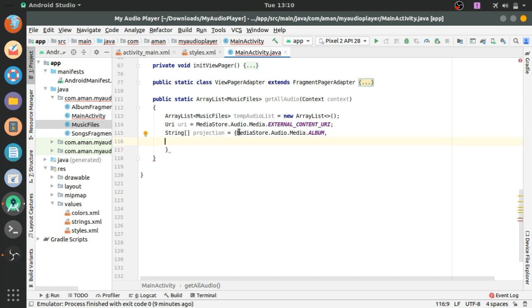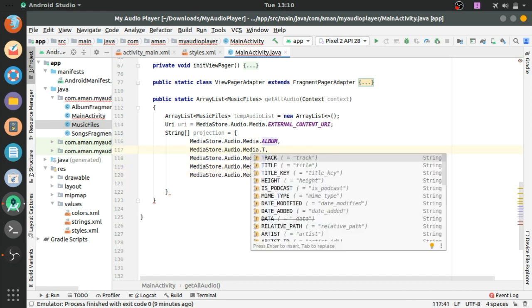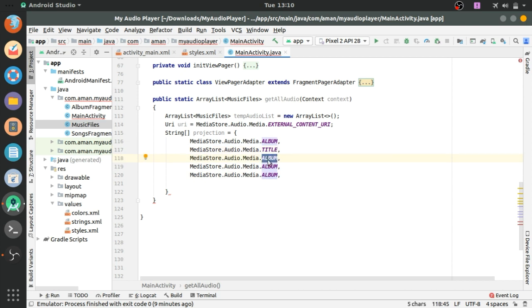This will be used to take the column index into the cursor of these variables so that we can fetch the column index and use it in our array list: album, title, duration, data for path, and artist.